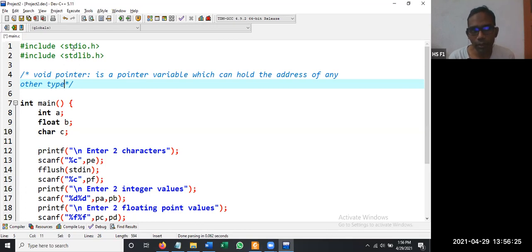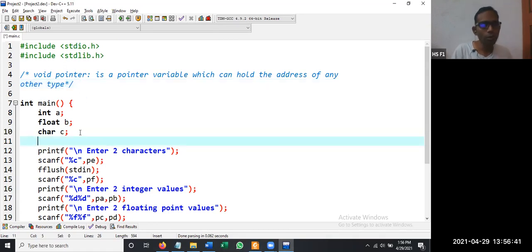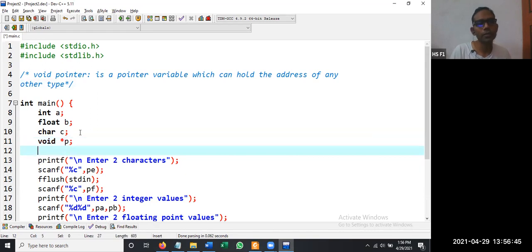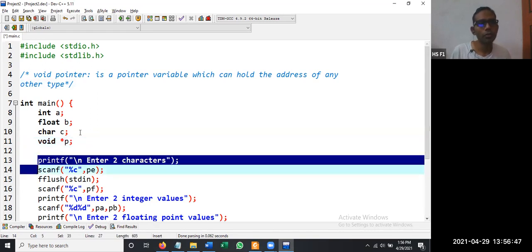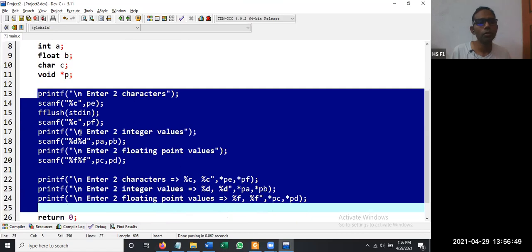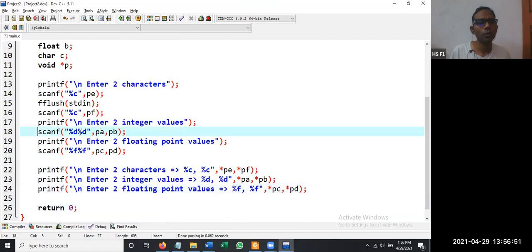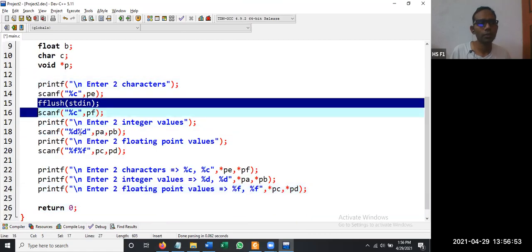So the only pointer that we have which can accommodate any type is void. Because a void pointer doesn't have any memory allocation, it simply points. So we are going to see that now. So how to declare a void pointer? Simply write void star p, that's it. So this is how. Let us remove all the stuff we don't need.